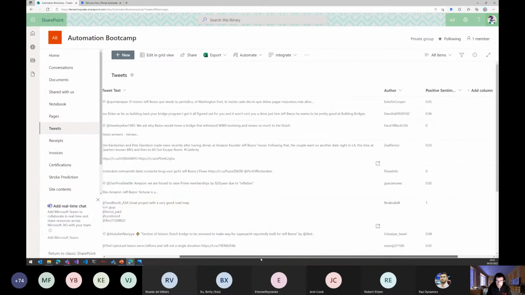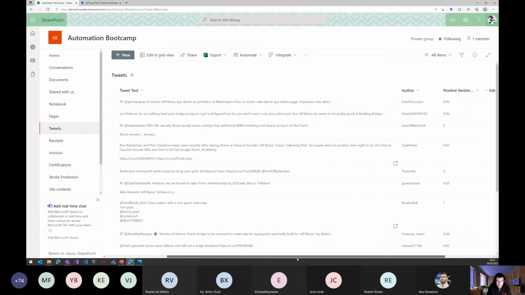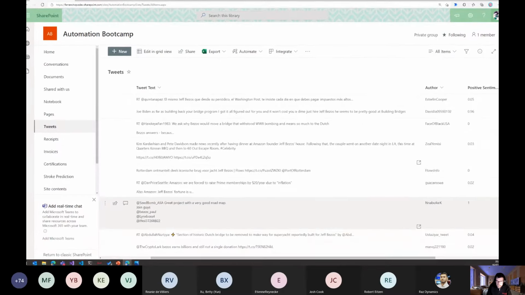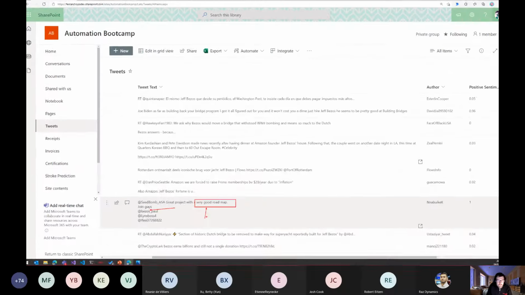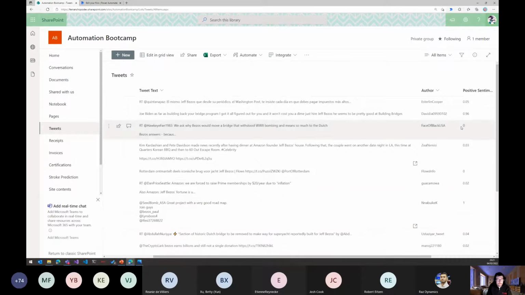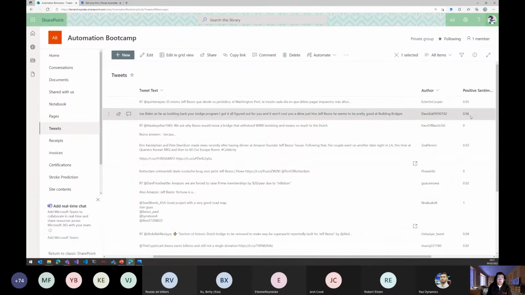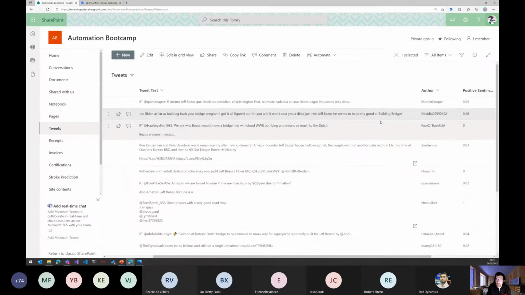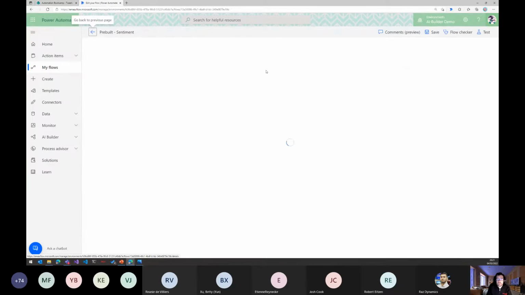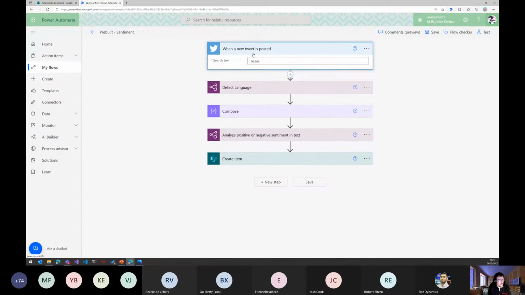Wow. Why is this 1? Let's see. No, this one. Yeah, it says "very good roadmap". Okay, this is the business word, and as it has the word "very good", sentiment analysis gave us this one. In that case, for example, 0.96. It's pretty good, and that's probably the reason why it's giving this positive sentiment. So instead of using Twitter, honestly, I could have used another sample, analyzing, as I said before, Outlook